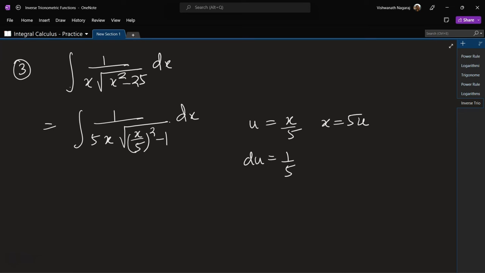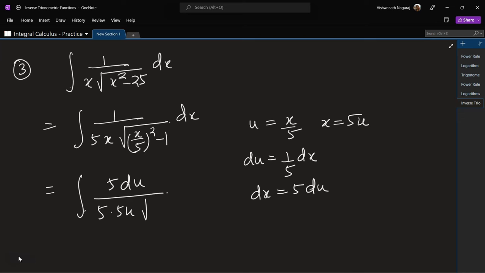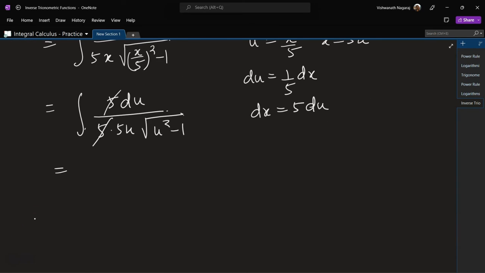du will be 1 by 5 dx, which means dx is equal to 5 du. Okay, let's do the substitutions. dx is 5 du. Now what do we have here? We have 5x. x is 5u square root of u square minus 1. So here one of the 5's cancels out, and we are left with this, and here we can take out 1 by 5. We have 1 by u square root of u square minus 1 du, and this we know